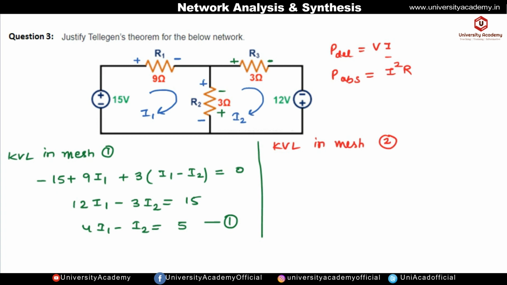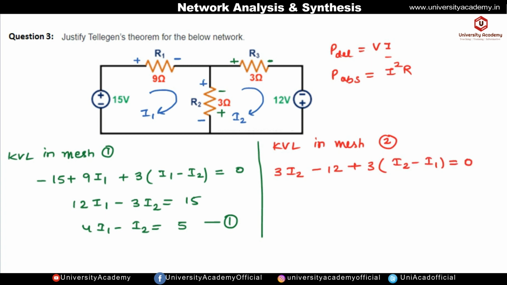So let us start from here. 3 ohm. This is 3 ohm, and the current flowing through this 3 ohm is given by I2. So this is 3 into I2, then the minus sign is coming first, so this is minus, and the voltage source value is 12, then plus 3, and the net current flowing through this 3 ohm is given by I2 minus I1, it is equal to 0.